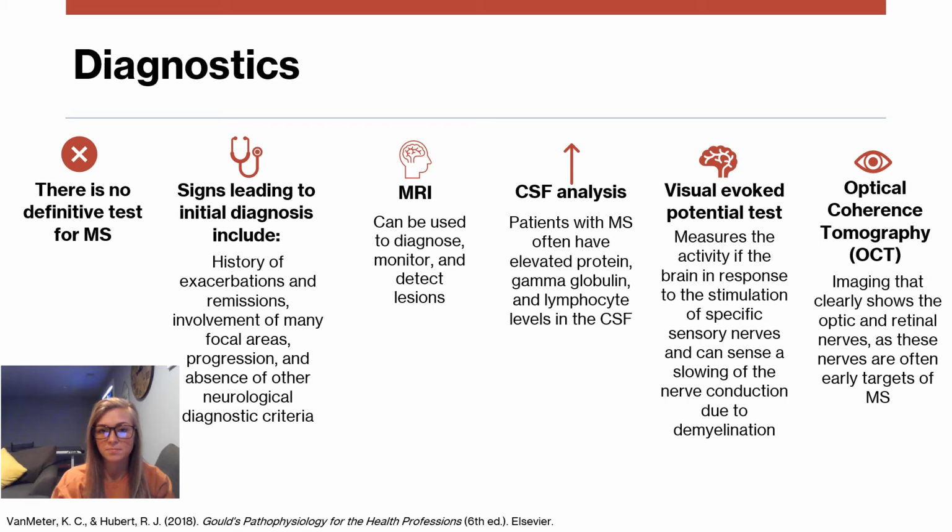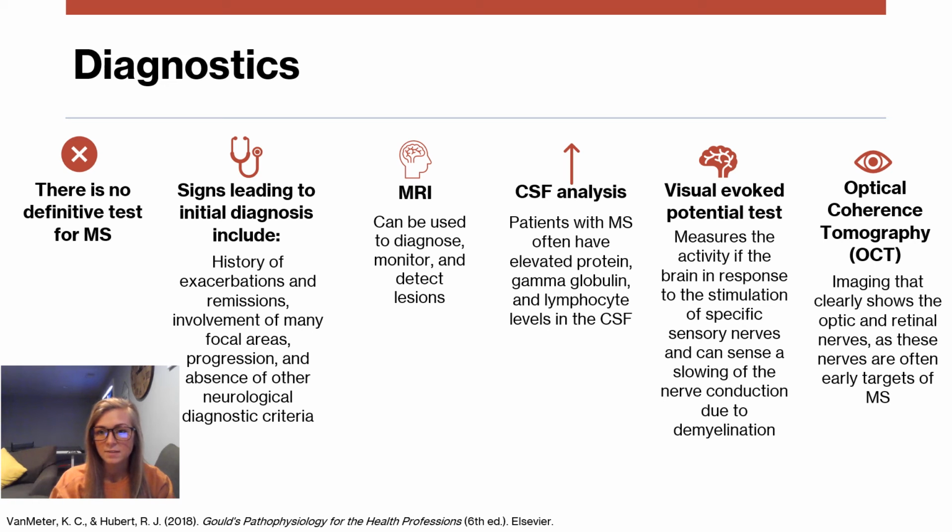They use the images, like the ones I showed before, to detect the lesions on the brain. A cerebrospinal fluid analysis can also be done because those patients with MS often have elevated protein, gamma globulin, and lymphocyte levels in their cerebrospinal fluid. And then a visual evoked potential test can also be done. This measures the activity of the brain in response to the stimulation of specific sensory neurons. And then if it senses a slowing of the nerve conduction due to demyelination,